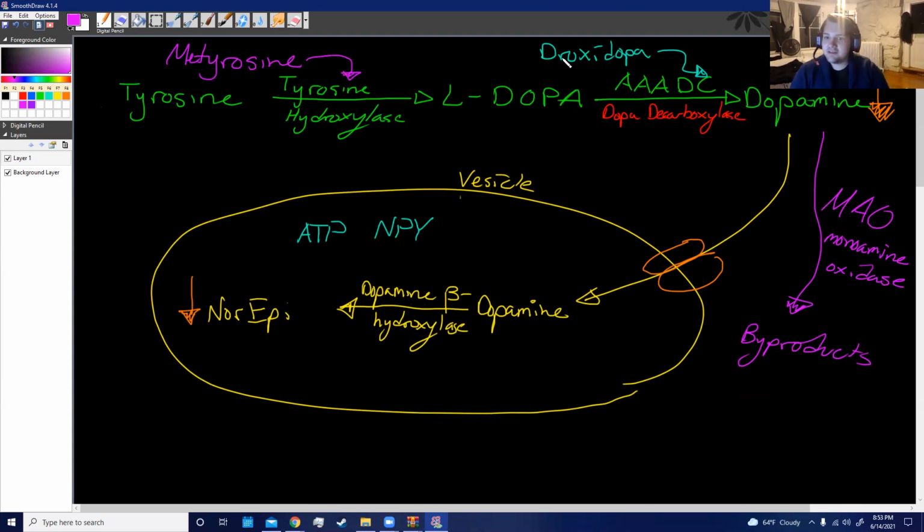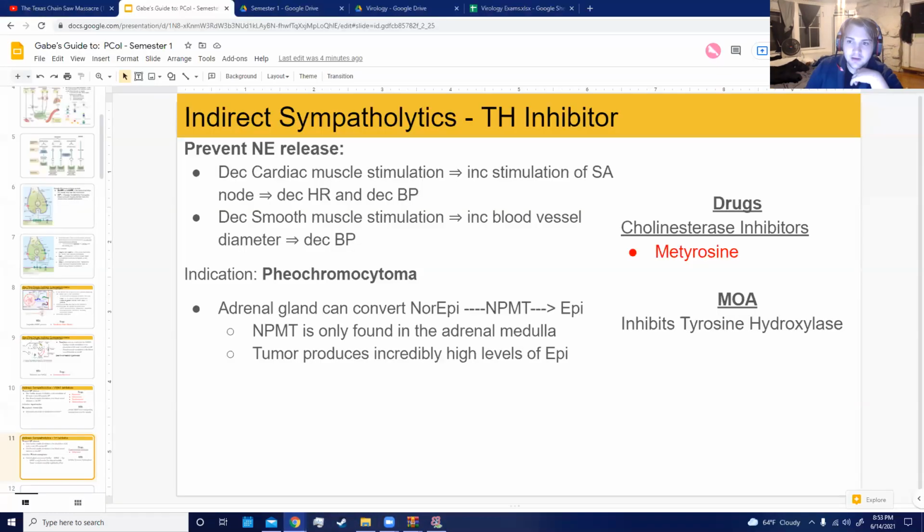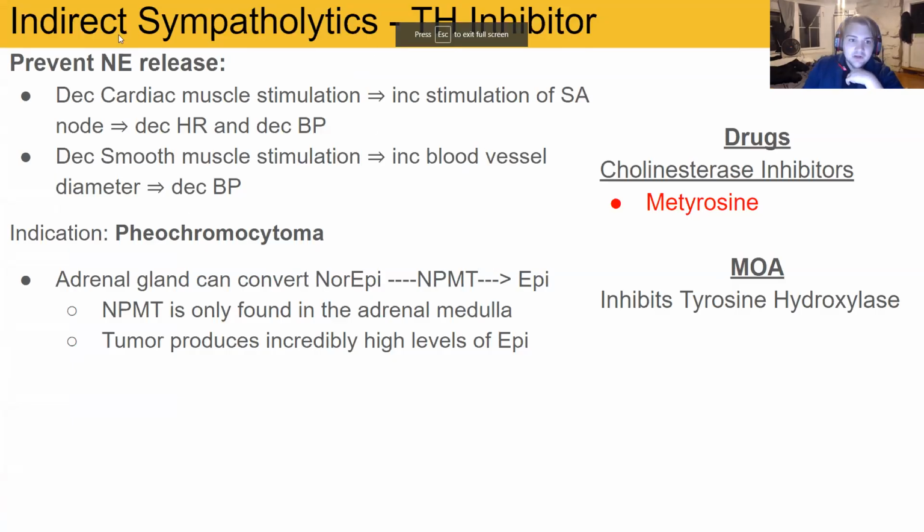But unlike droxidopa, which is a substrate that turns into dopamine, metyrosine blocks and disables tyrosine hydroxylase. What this means is that we're going to be preventing tyrosine from creating all of its downstream effects. And so our overall effect is that we're going to be having less dopamine and less norepinephrine release. Same overall effects of preventing that norepinephrine,